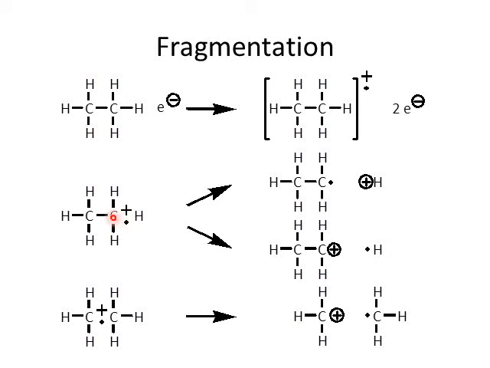The electron could end up with carbon, in which case we'd make a carbon-centered radical. A radical is something with an odd number of electrons. But then that hydrogen goes away with no electrons. That's an H+. On the other hand, the hydrogen could go away with the electron, in which case we're left with a carbocation. On the other hand, if we took an electron in this initial step away from the carbon-carbon sigma bond,